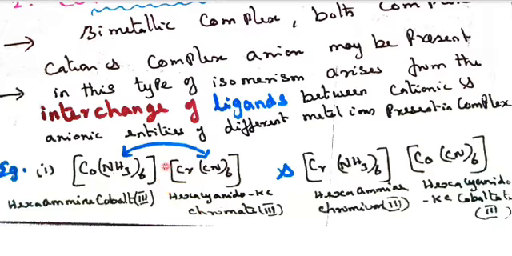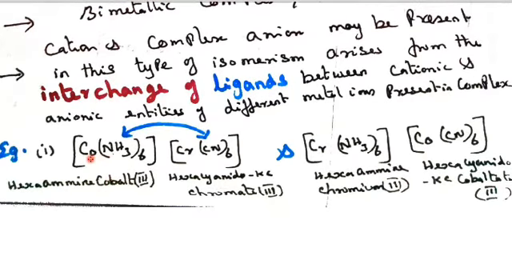So this is the cation and this is the anion, which means this chromium should be named ending with -ate, chromate. In this exchange, the whole thing is exchanged. So chromium contains NH3 and cobalt contains CN6. Here cobalt is the anionic complex and chromium is the cationic complex. If it is an anionic complex, the central metal ion name ends with -ate. So it is called cobaltate, with Roman numeral 3 enclosed in a square closed bracket.